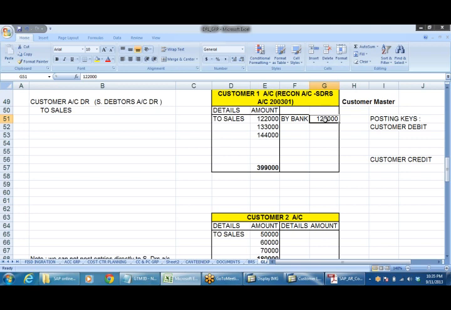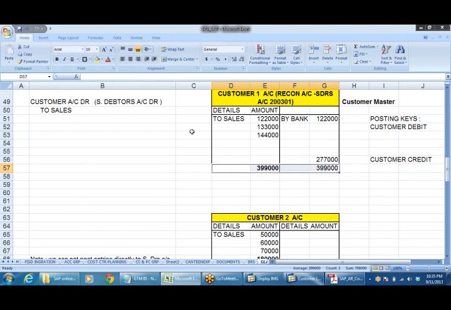After receipt of this amount, what is the balance? 277, right? 2,77,000. Then it will be 3,99,000. Right, both are totals. 3,99,000 is the total, and now 277 is outstanding. This will be reflected in the balance sheet.